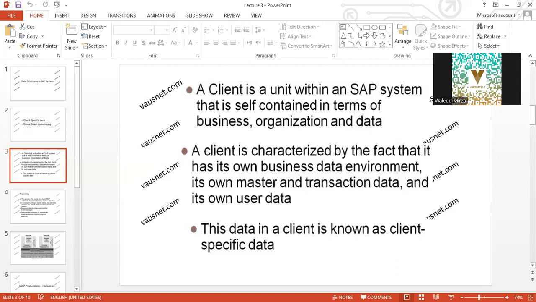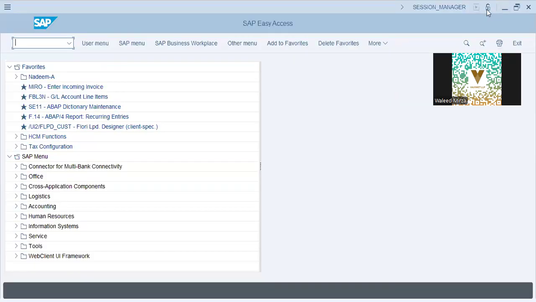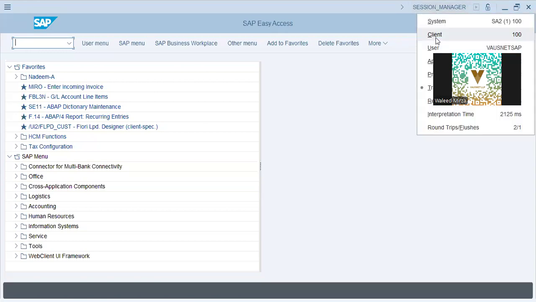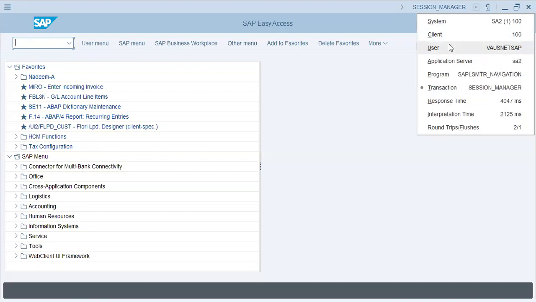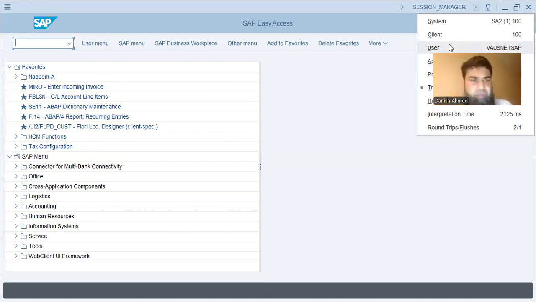Client is a unit within SAP. If you look at the framework over here, this is the client. Now, client is a server where configuration or testing or user acceptance testing or data uploads or live transactions are happening. That is a client. Upgrades, if it is an ABAP server, that will be a development server purely for ABAP